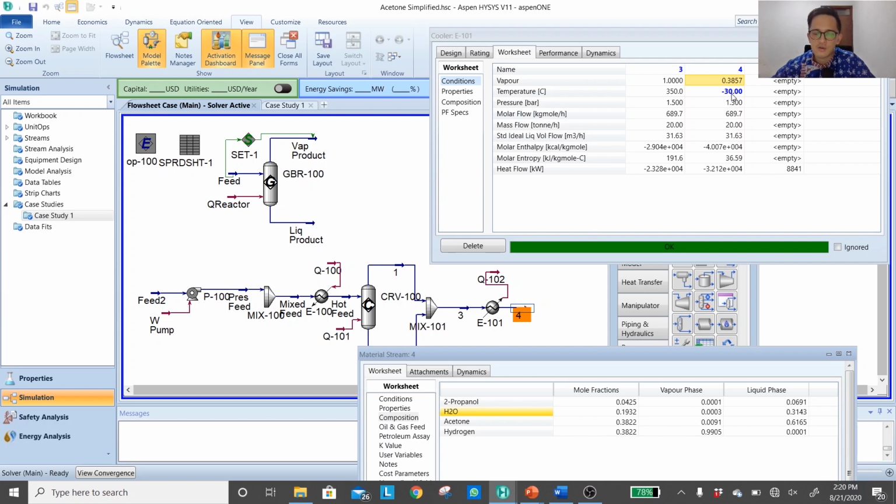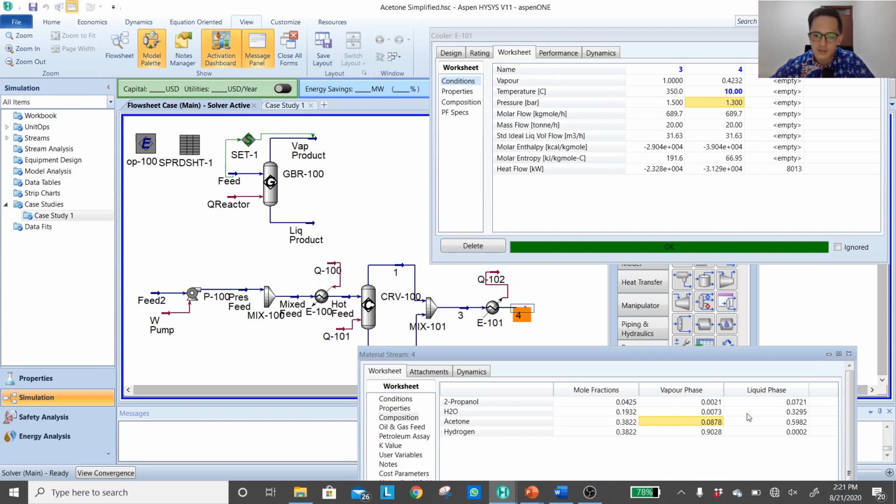Because we haven't evaluated the solid-vapor-liquid equilibrium, I will not use this option. So let me work in a safer condition, above the freezing point of water. Let's say now I'm going to keep 10 degrees. So now the cooling water cannot be used, and the refrigerant will not be used. Instead, for the E101, I will use chilled water to get to 10 degrees.